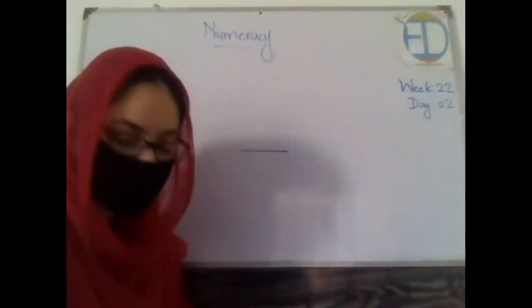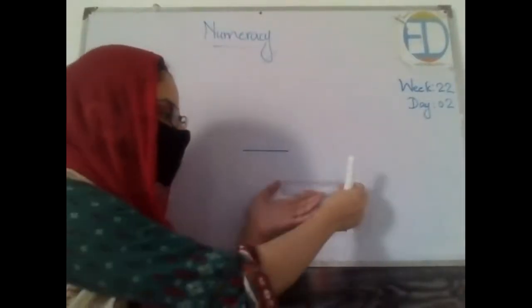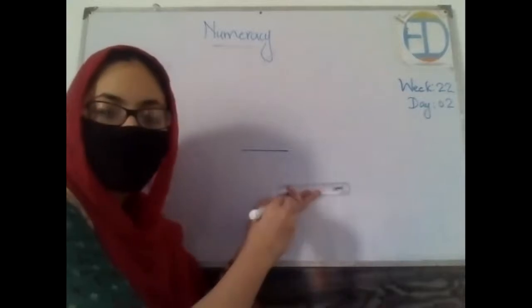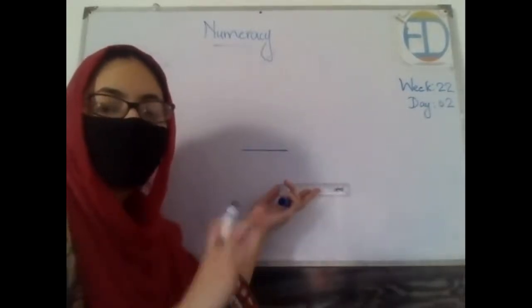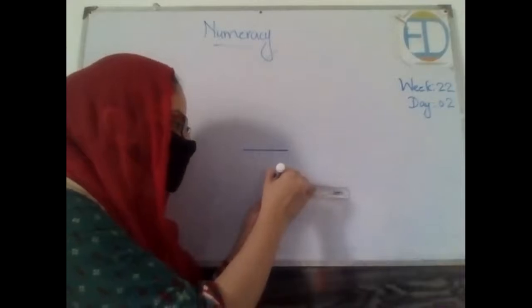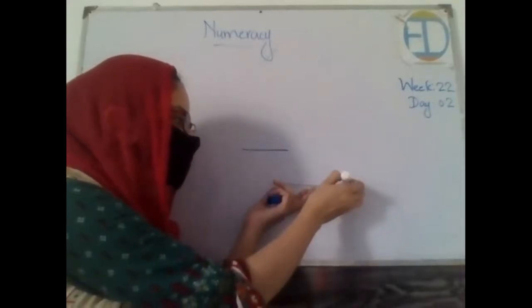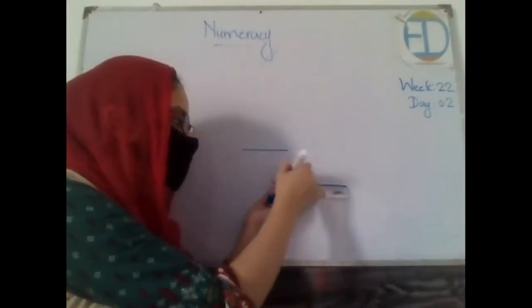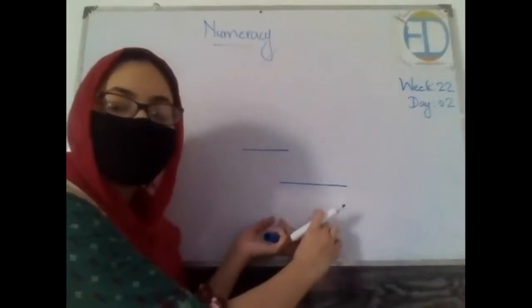So what is the procedure? We will be putting the ruler on the copies or on the board like this. Then we will select any 2 points of whatever length you want to draw the line. Let's say it is 15 centimeters. So first would be at 0, second would be at 15. And now join these 2 points. So this is of 15 centimeter length.